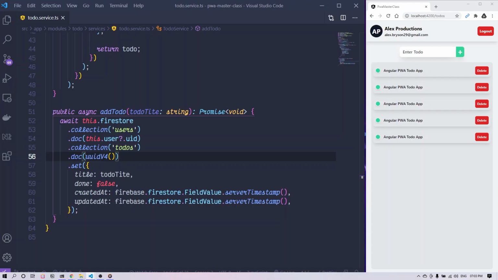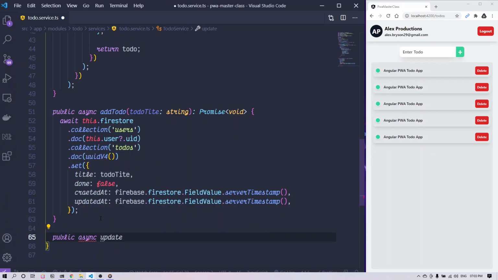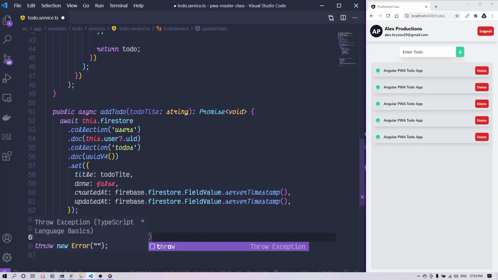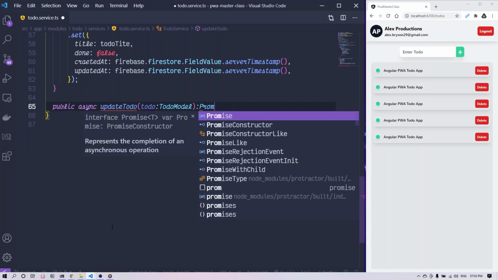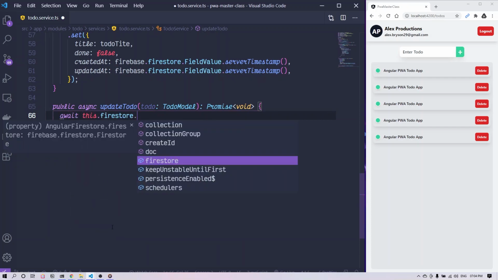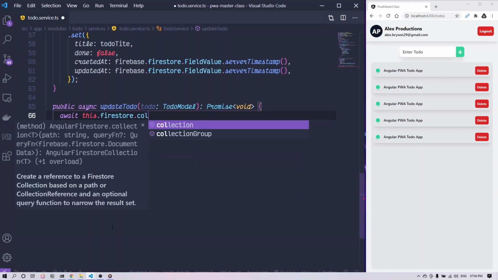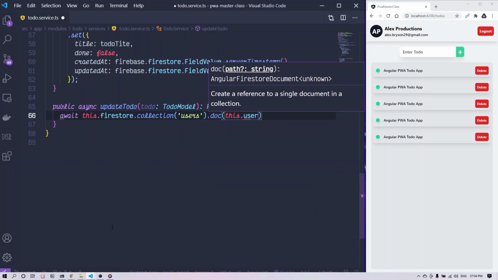After that, we will create an update todo method. This method will receive a todo of type TodoModel, and this function will return Promise void, as this is an asynchronous function. Similar to the add todo method, we will go to the users collection and the user document. We will access the ID via the user variable